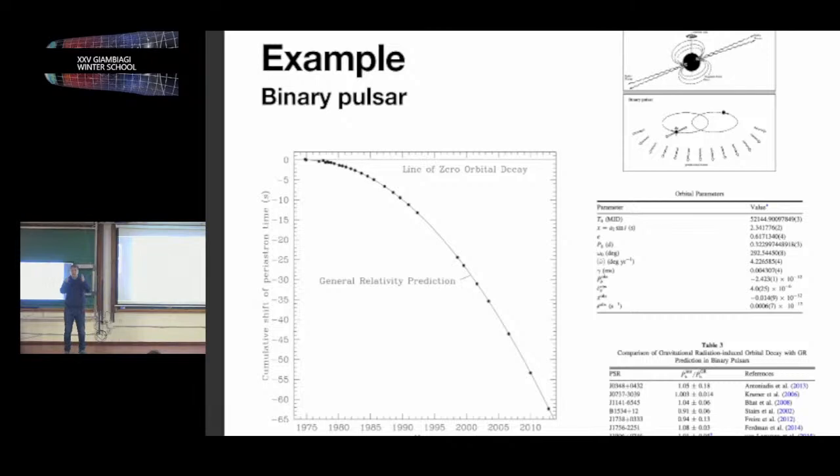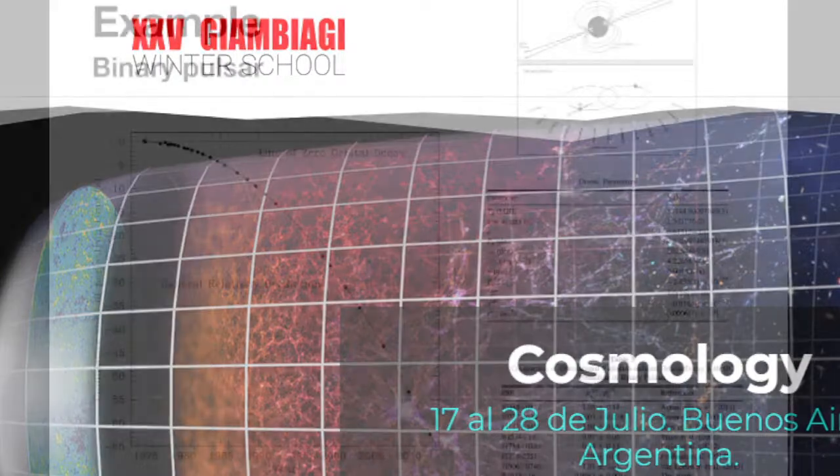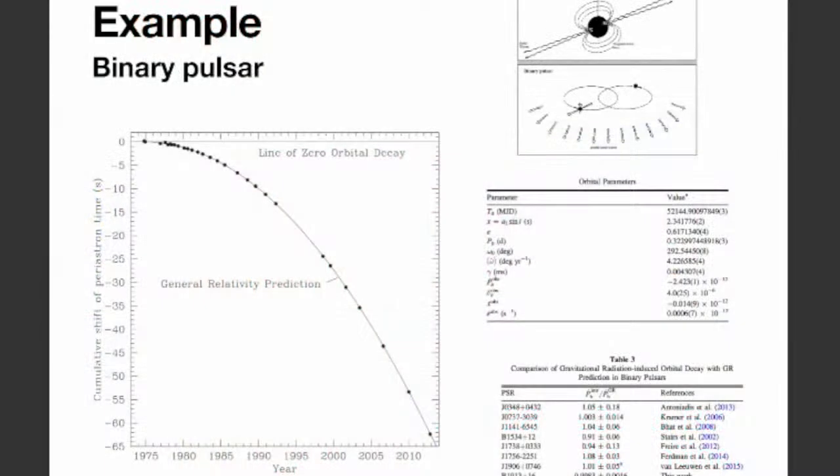If the orbits were always fixed, you could predict how much time it took for so many orbits, but because the period is shrinking, there's a deviation, and this deviation is the equivalent of about 60 seconds